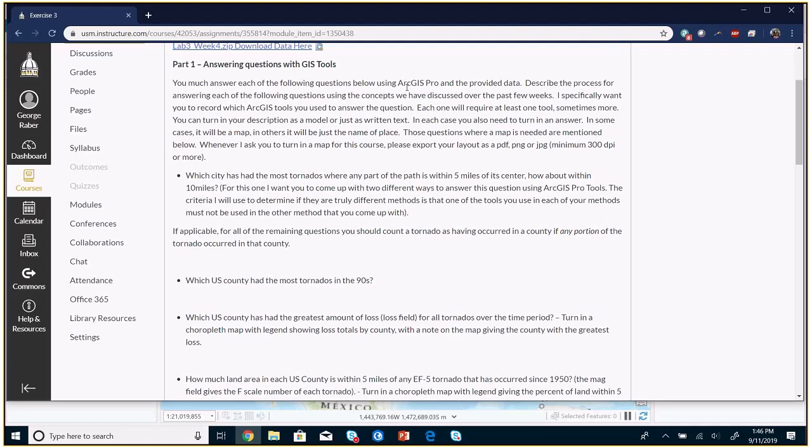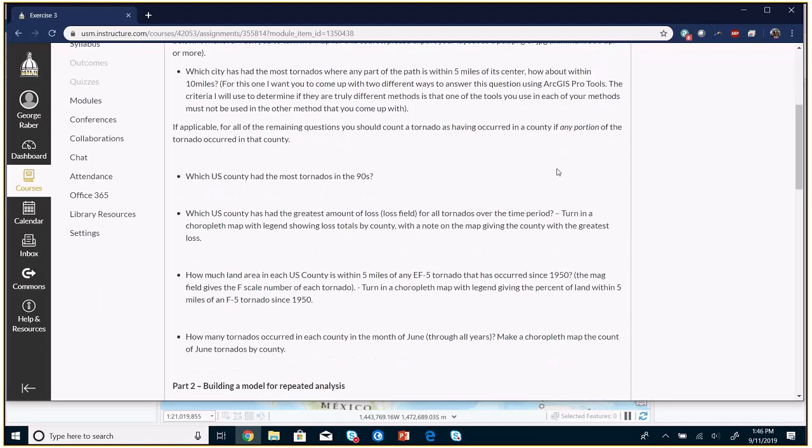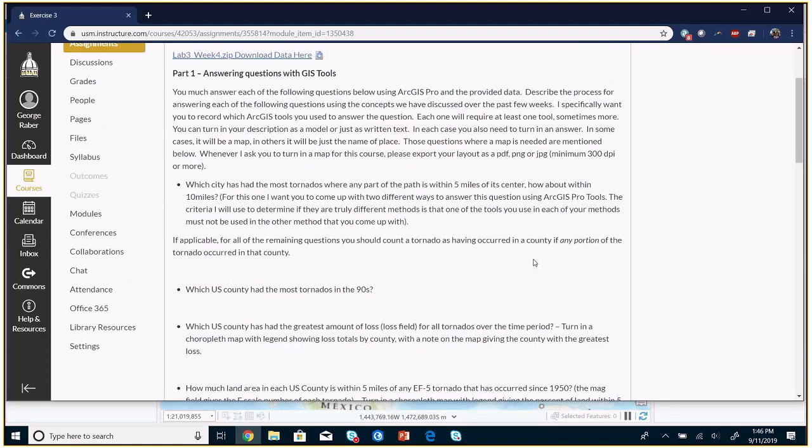We're going to use ArcGIS Pro to complete this lab, and what I want you to do is answer the question using ArcGIS Pro, but different people might use different tools to answer each of these questions. We actually demonstrated that today in the lab, that there are a few different tools to answer different questions. Now, almost all of these can be answered with the spatial join. Actually, they all can be answered with a spatial join. But I want you to use an overlay tool or something rather than the spatial join for at least